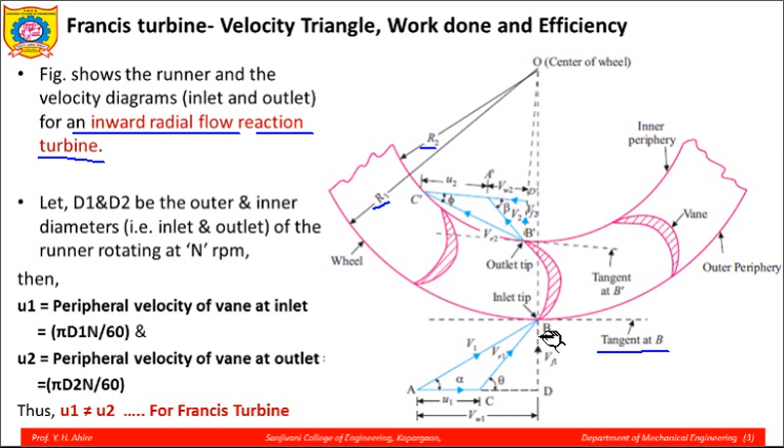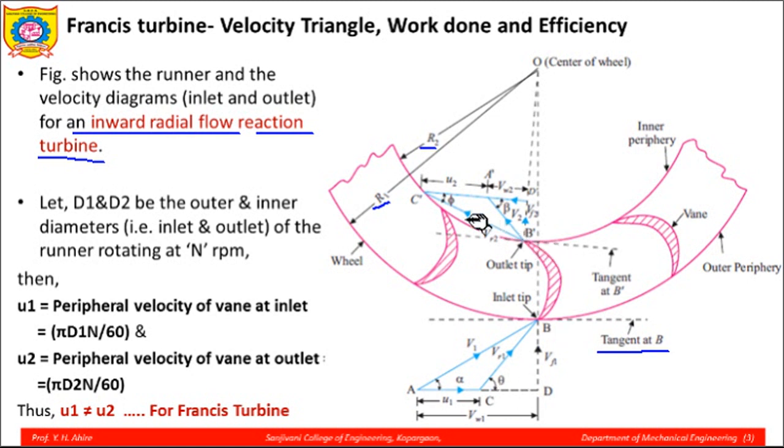Then the procedure to draw the velocity triangle at inlet is the same as what we studied in unit number 1. Okay, entry of water tangentially on an unsymmetrical curved vane, the same procedure. So all these notations are the same, I am not repeating this. Similarly, the velocity triangle at the outlet will be like this, right? VR1 is the velocity with which the water will enter over the vane. So VR1 is the relative velocity at inlet, and VR1 is always tangential to the vane at the inlet tip. So it is tangential like this.